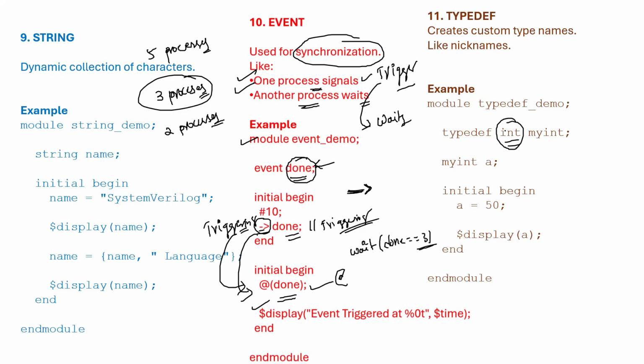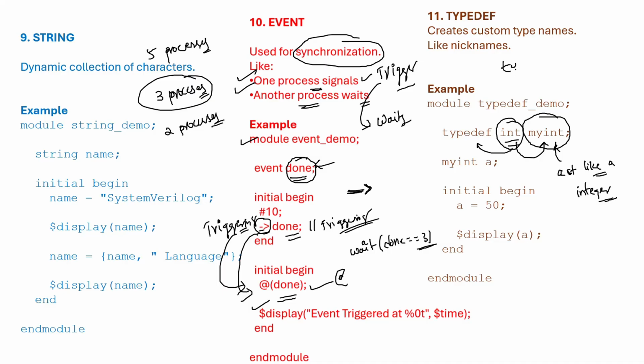Int is a typedef data type, and for that I am using my int. This my int is my user defined name. This my int also acts like an integer data type. Whatever the integer data type we are taking, this my int also acts like an integer data